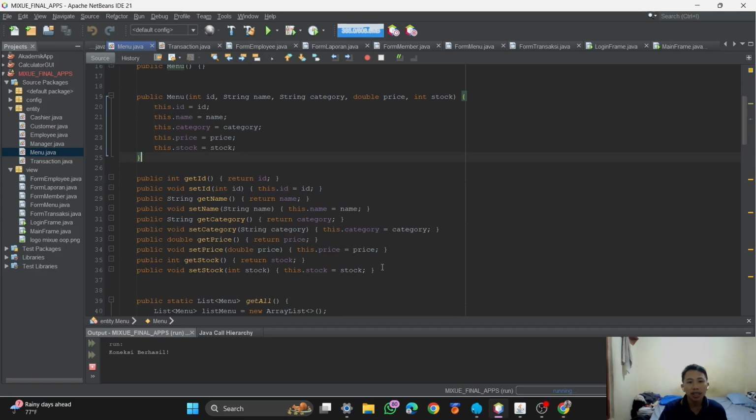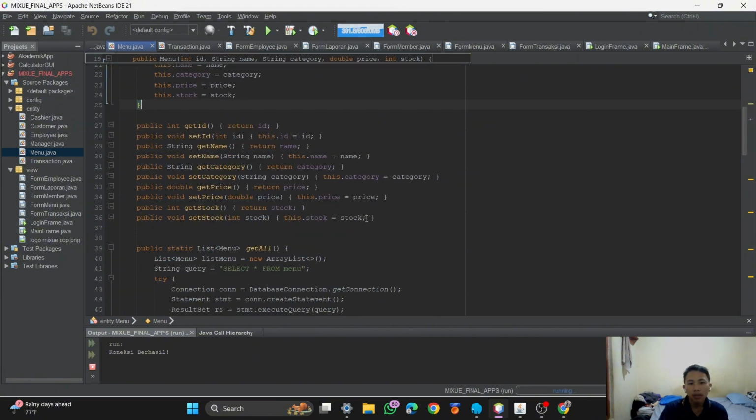What does that mean? That's to change the value of the attribute. You can check the ID, name, set name, set category, and set stock.